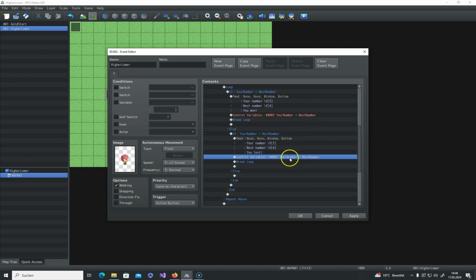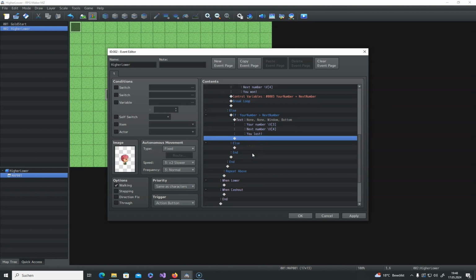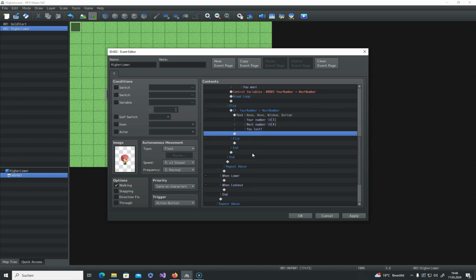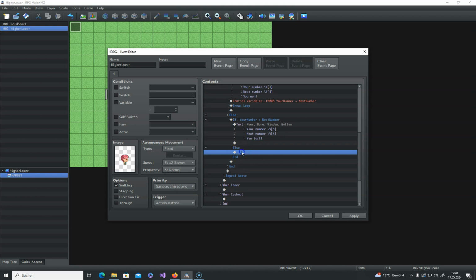Now we don't need this here, we can delete it. Also, we really don't need to break the loop in this case. We can also delete this because we have another case, and this case is for